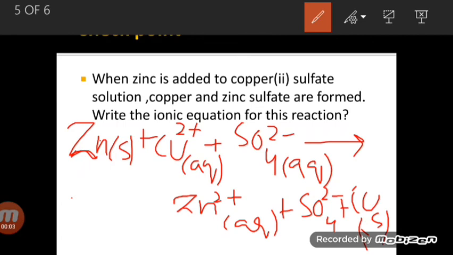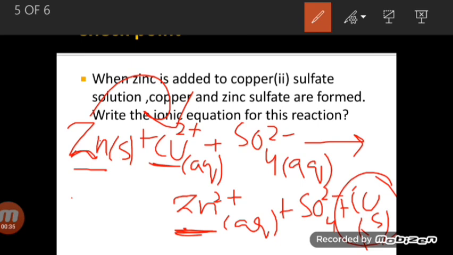So see, in the beginning this zinc is a solid, it's a metal, and it is neutral in state. But after the reaction, what will happen? It will be converted into a cation. How will it be converted into a cation? This copper ion is electron deficient. So what will it do? This zinc will transfer its 2 electrons to this copper. So as a result, we will get a zinc ion which will be electron deficient, whereas the copper will be getting 2 electrons and it will be neutral on the product side.